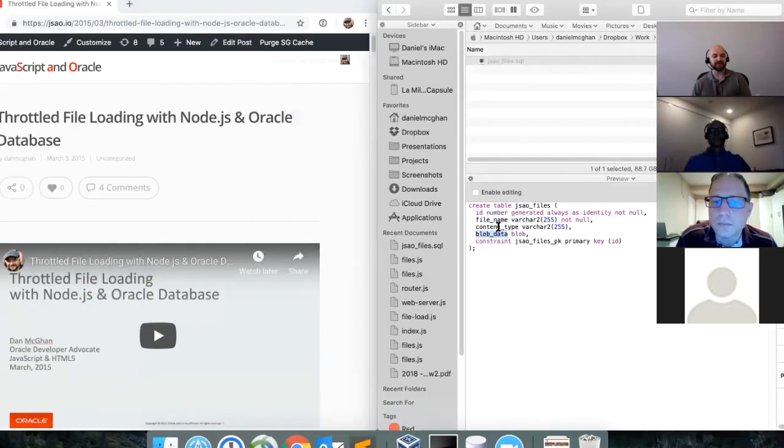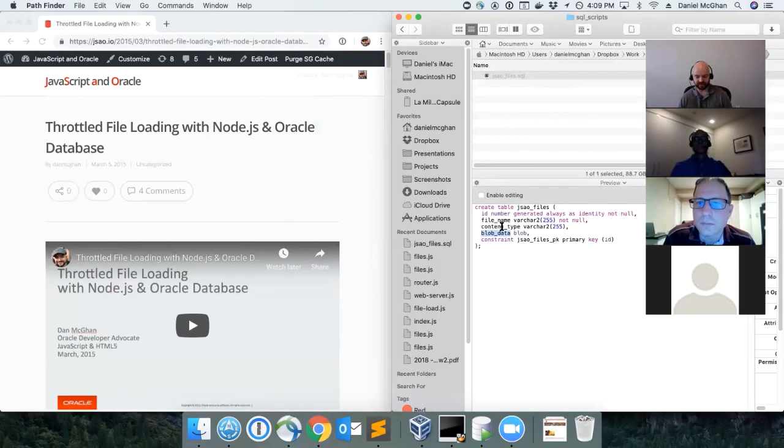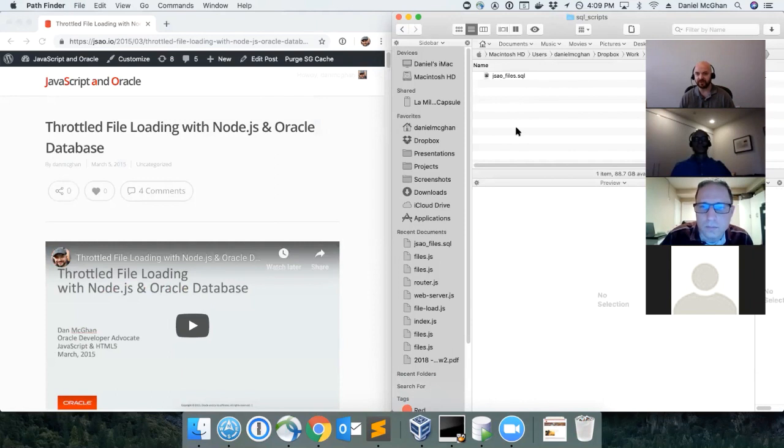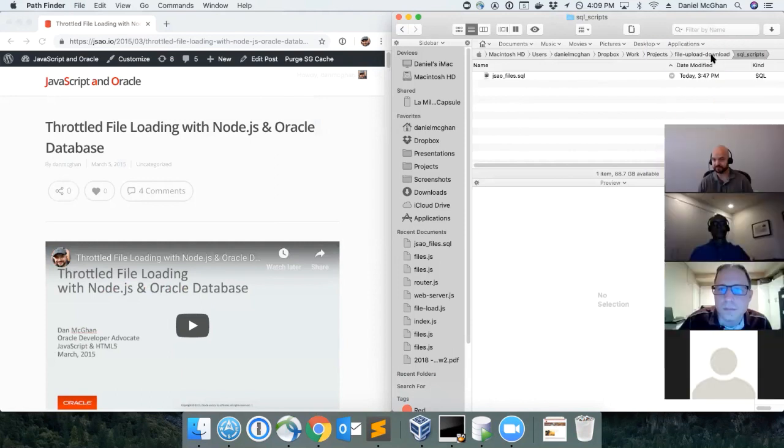There are all kinds of reasons you might want to do this, such as utilizing the same backup and restoration procedures that you have in place for your database, as opposed to what you may need to do if you were using the file system for something like this. But there's also Oracle Text, which is a really nice feature of the database. I hope to build on these demos here in the future and show what we can do with other features in the database, such as Oracle Text as well. But that's all I really need to store the file.